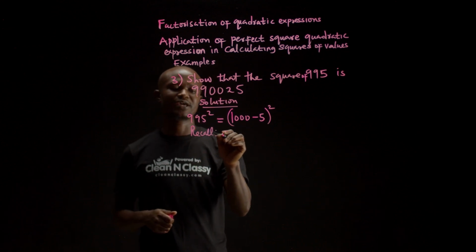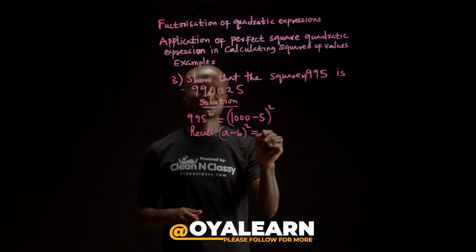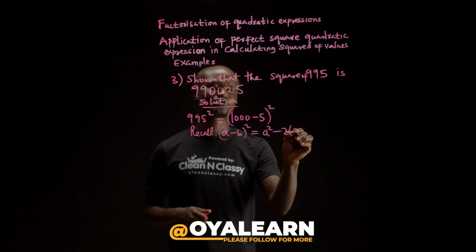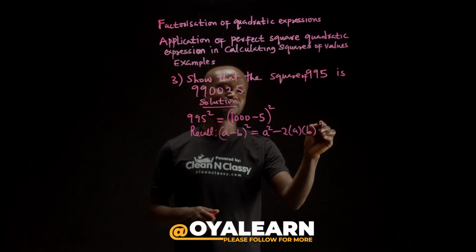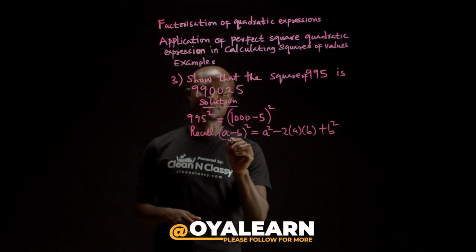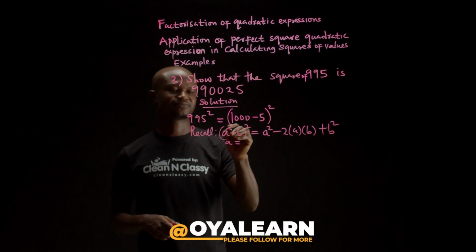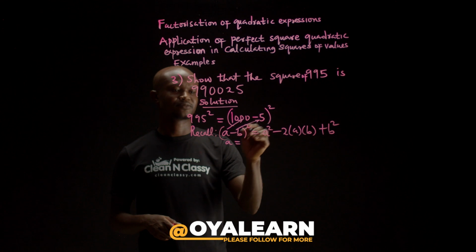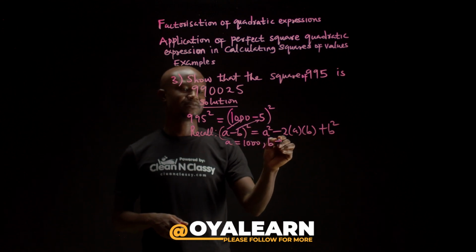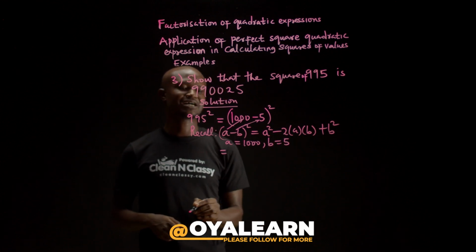Recall, a minus b raised to the power of 2 will give us what? A square minus 2 into a into b plus b squared. Now, what does that mean? It means that a is equal to what? Comparing this, a equals 1,000 and b equals 5. So from here we have the value as,